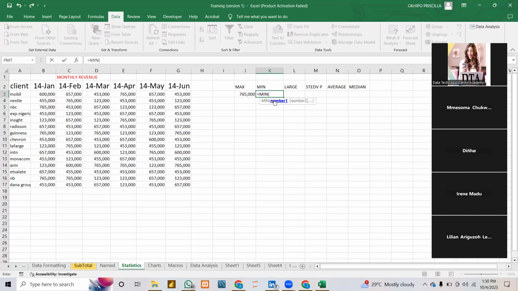So if I double click, you can select anywhere, depending on where you want to get the max. So this is it. Also the large too. But the large is a little bit different. I say, okay, equal, I will double click as I want to know the